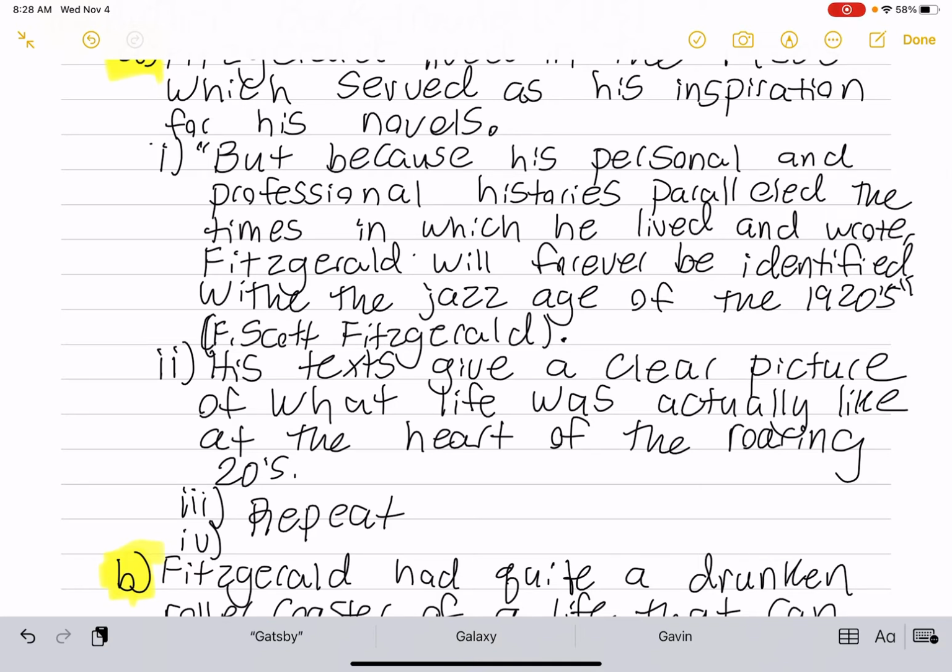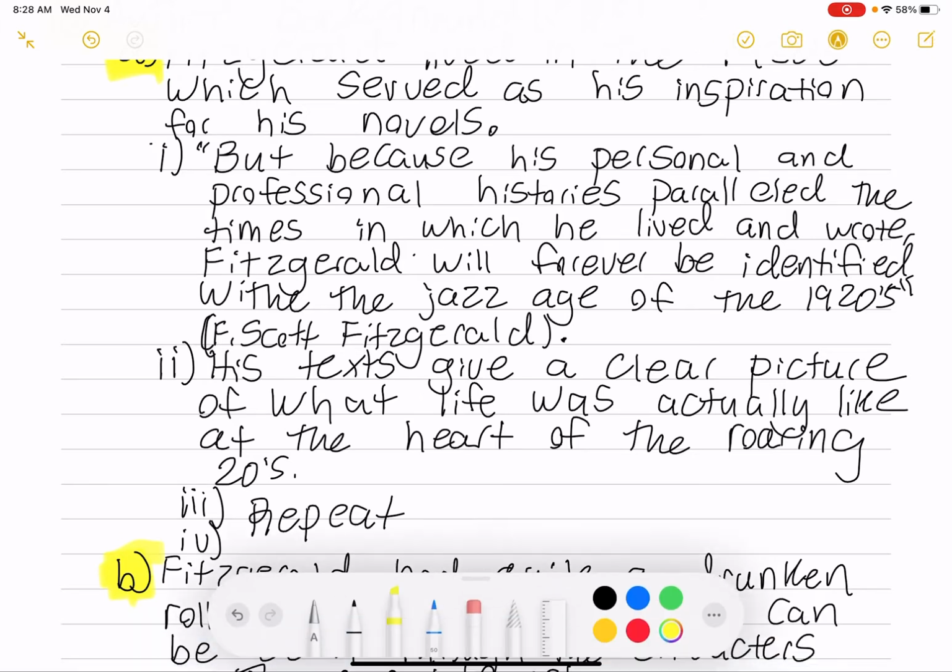So I found a piece of evidence that says, but because his personal and professional histories paralleled the times in which he lived and wrote, Fitzgerald will forever be identified with the jazz age of the 1920s. When I cited here,